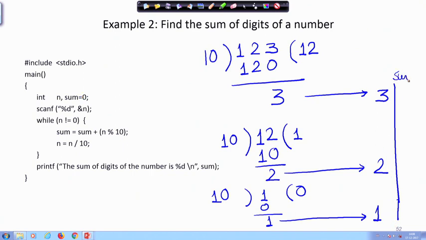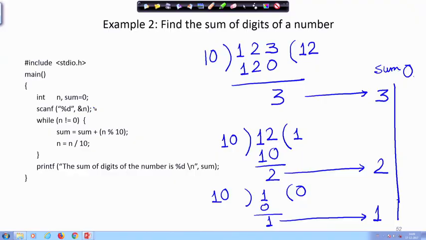So, I keep a sum to be initially 0. I keep a variable sum which is initialized to 0, as we saw in the earlier examples, and sum is also an integer.